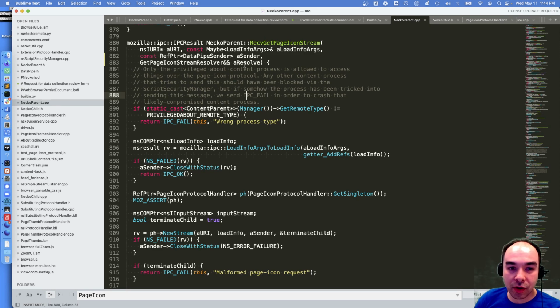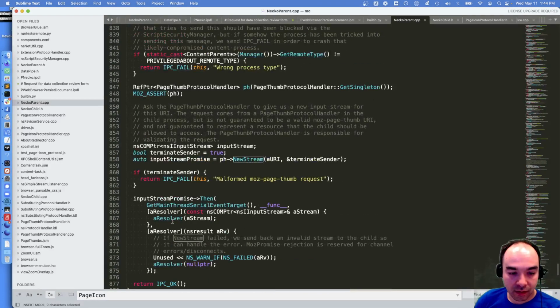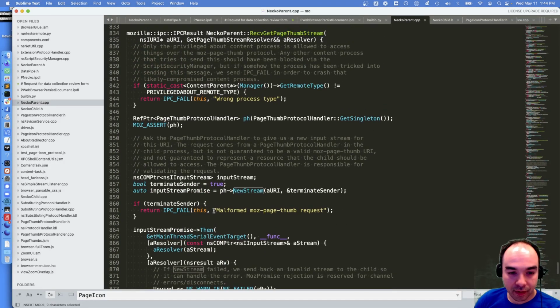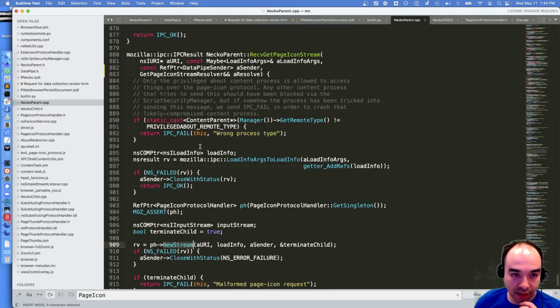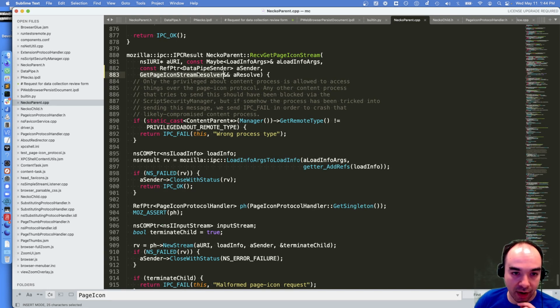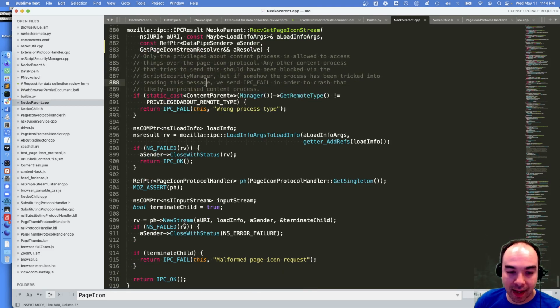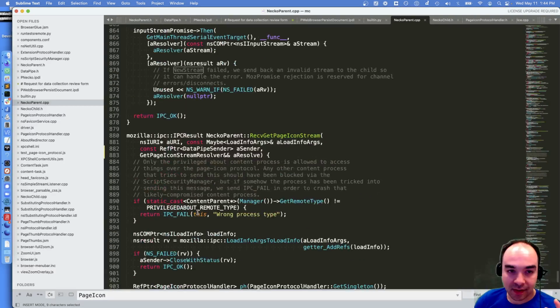I guess we could pass this into newsstream and have newsstream be responsible for resolving. But that makes it so that newsstream needs to know what a get page icon stream resolver is. And I don't like that. This is a very IPC thing, a very neko parent, neko child thing, and I don't want to make newsstream know what that is.